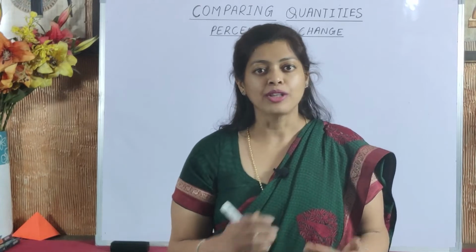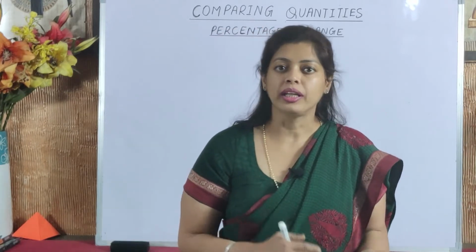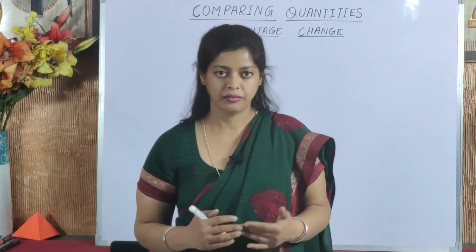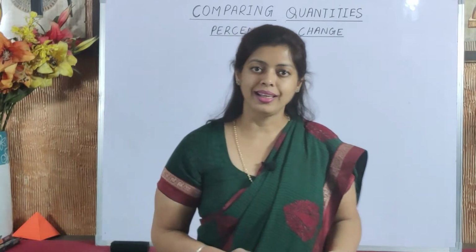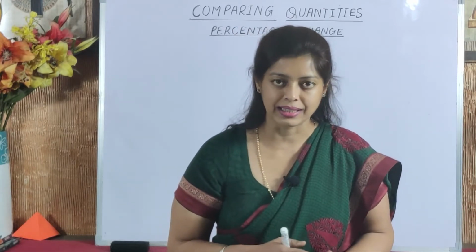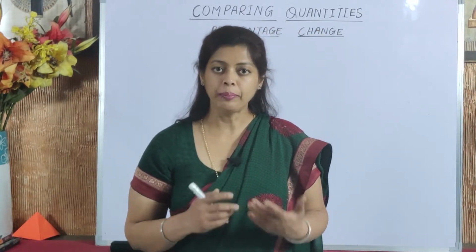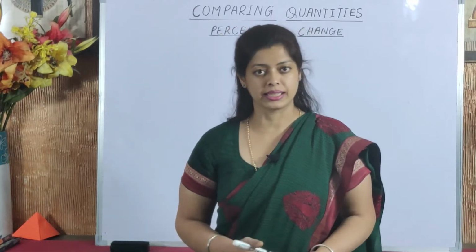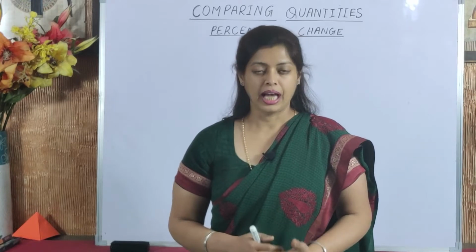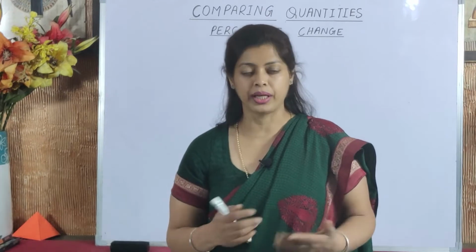Now, if we compare this actual change relatively with 100, we get a percentage change. That is, if we compare the actual increase or decrease per 100, we call it a percentage change. Percentage change can either be a percentage increase or a percentage decrease, but it is always calculated with reference to the original amount or the base amount. If the original amount increases, we can calculate a percentage increase, that is the increase per 100. And if the original amount decreases, we calculate a percentage decrease, or the decrease per 100.